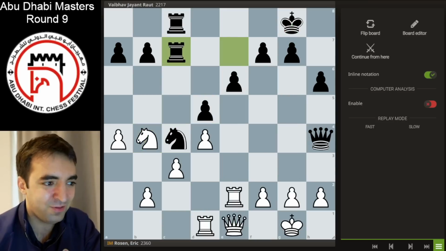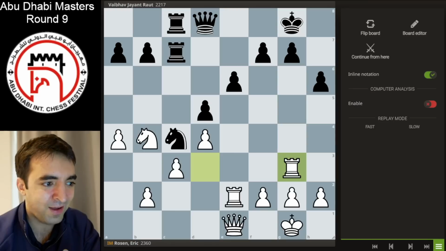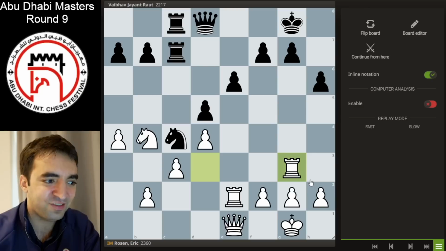around this point, my opponent was playing almost every move with less than 10 seconds left. Now there was a 30-second increment, so he was basically living on increment, but I tried to keep the tempo, played rook d3, queen d8, and rook g3. So gradually making progress. The rook has found its way to g3,